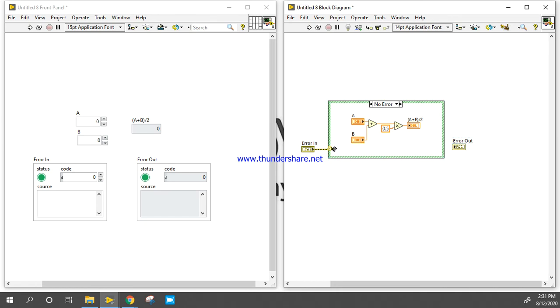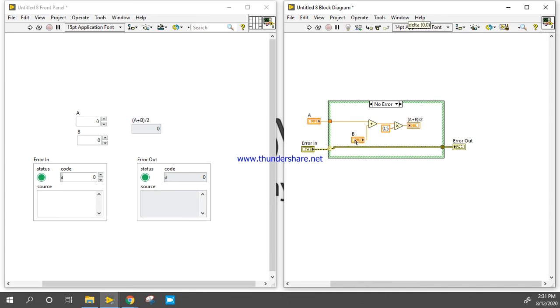If there is no error and if there is error, okay. So we need to change something in this program.